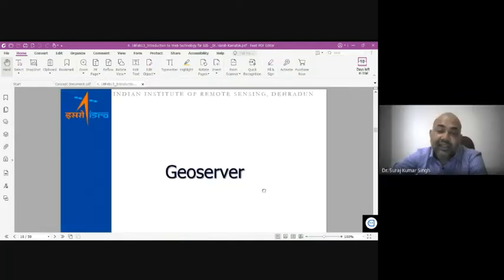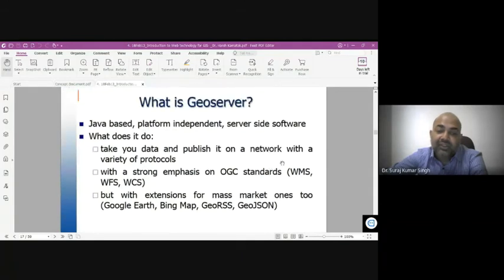And finally, you have GeoServer. So what is GeoServer? From the name itself, Geo means Earth, so it is an Earth server. It is a server based on a Java platform, and it is independent. It is a community-based software, a consortium where groups of people handle it. So it is independent, server-side software. As per your service, they can customize it or add plugins so that you can obtain or analyze your data.